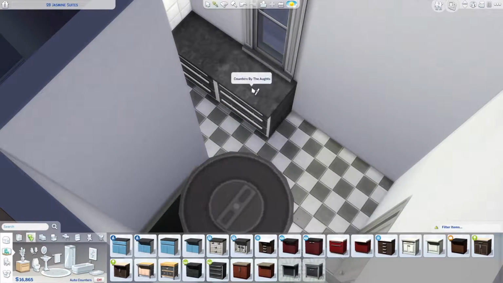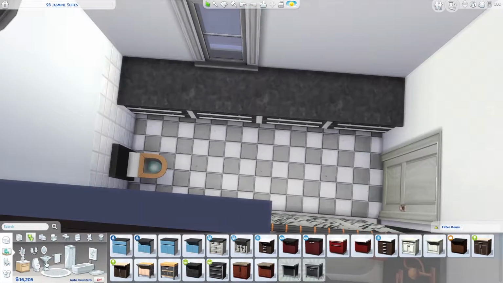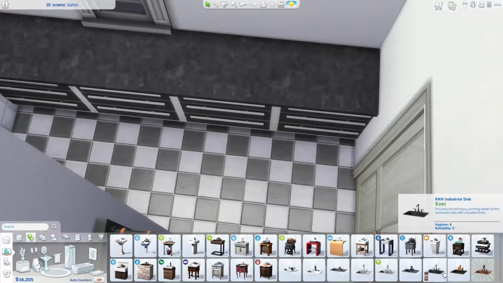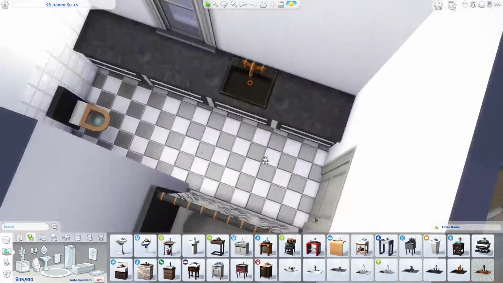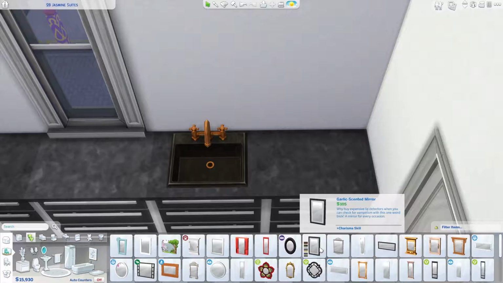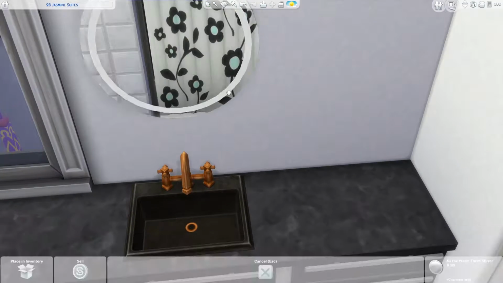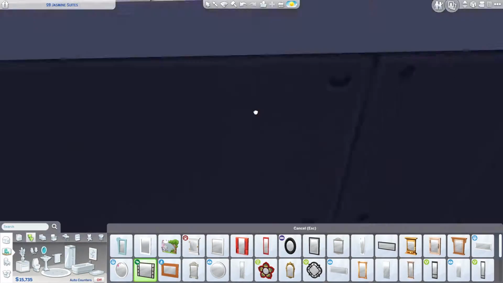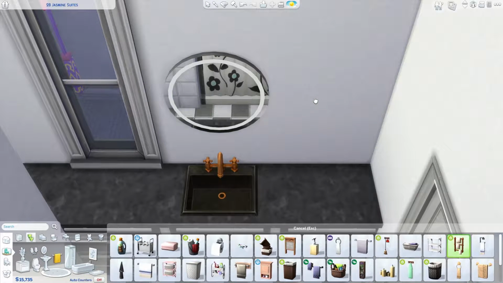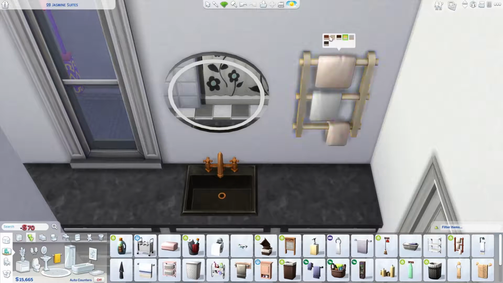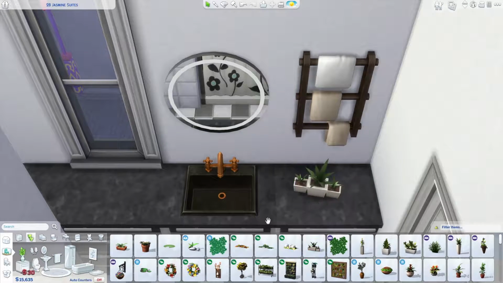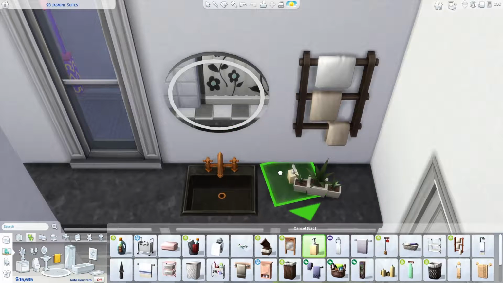So that's where I put the shower, and then along the wall I have this big long counter space and the toilet in the back. I actually spent quite a lot of time on this bathroom. You'll see because I went in and I was like, oh, let's do this bathroom, and it was looking really good, and then like 20 minutes in, I was like, oh wait, this is a renovation or a remodel, so I should probably not spend all of my money right off the bat in the bathroom, because I was just throwing in decorations and mirrors and not even looking to see how expensive the counters or the